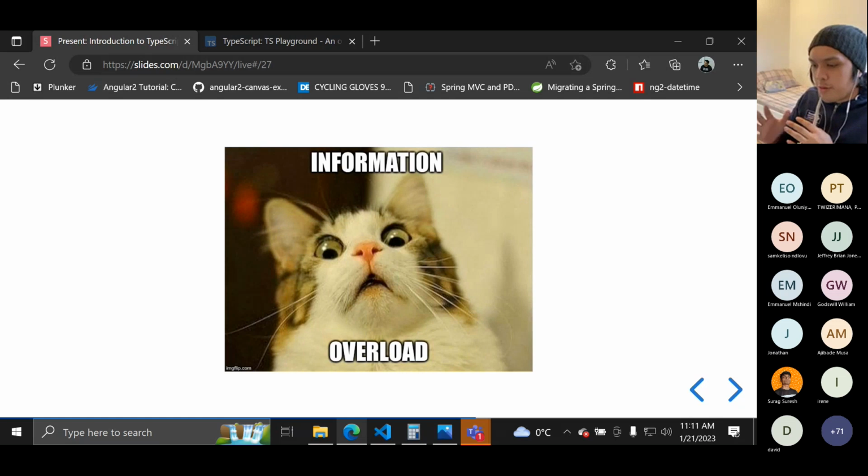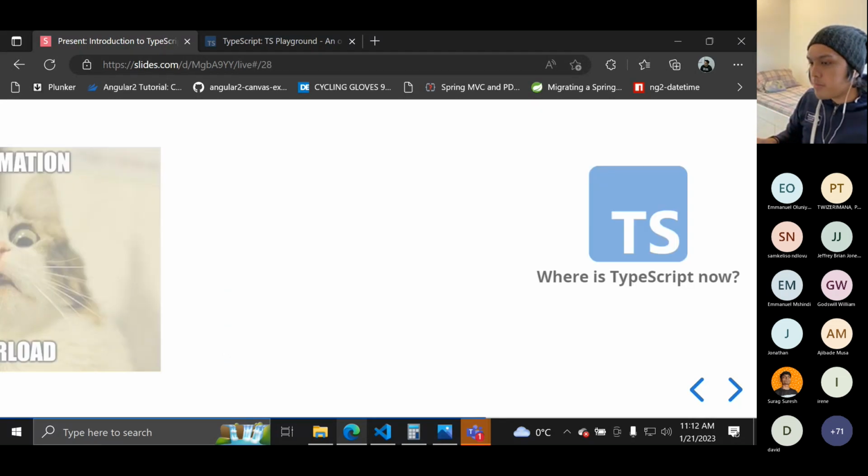I don't want you to have information overload about TypeScript. TypeScript has basic features, but if you deep dive into the advanced features, it's kind of complex. You need a deeper understanding and more time to learn the TypeScript programming language.